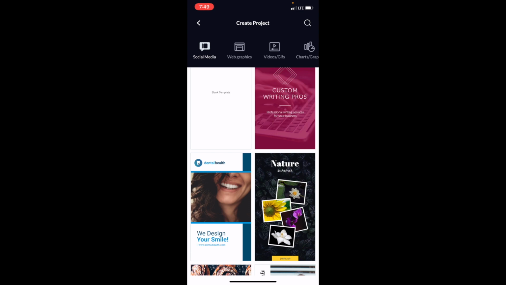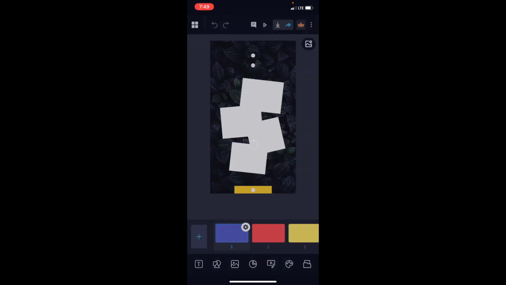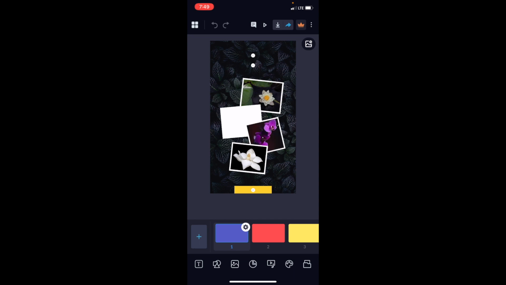But if you just wanted to pick this one for example, go ahead and press on this nature template right here. It's gonna take a couple seconds to load. But once that is done, you guys can feel free to edit this however you may wish. And there you go. Pretty straightforward, but that's how you guys can create an Instagram story post here on the